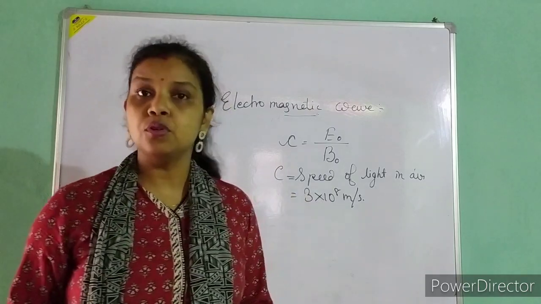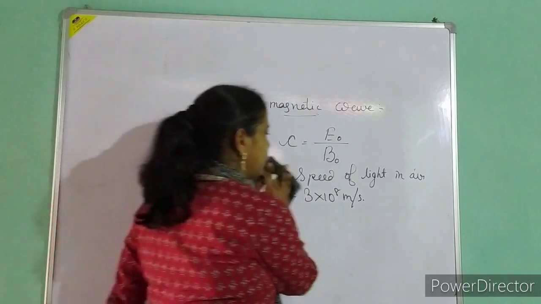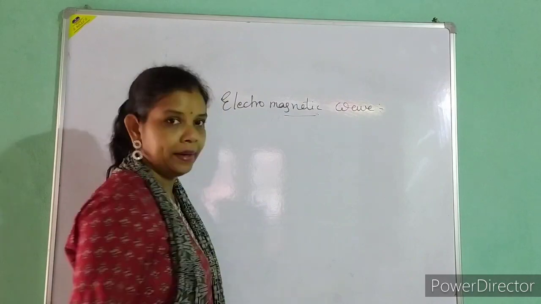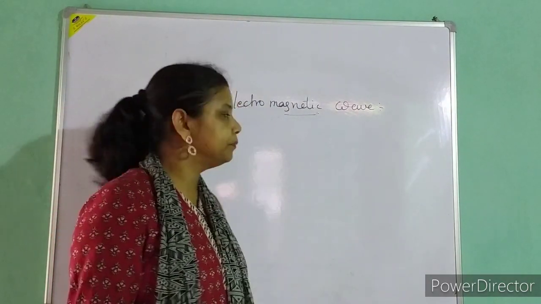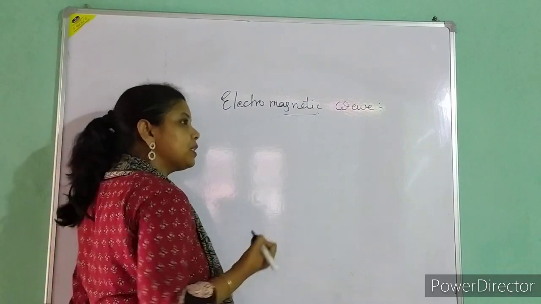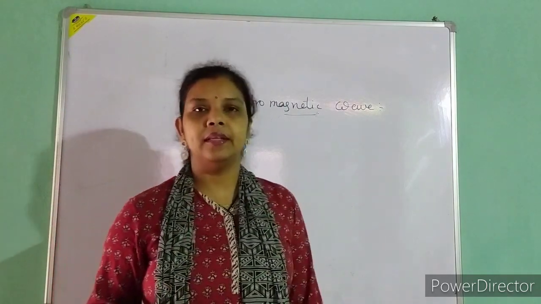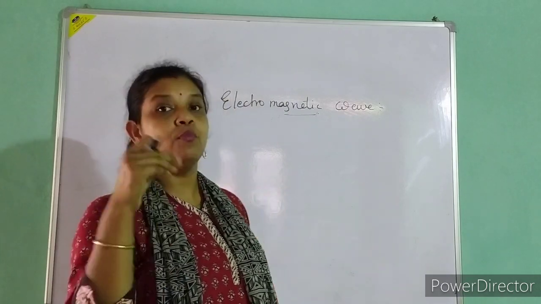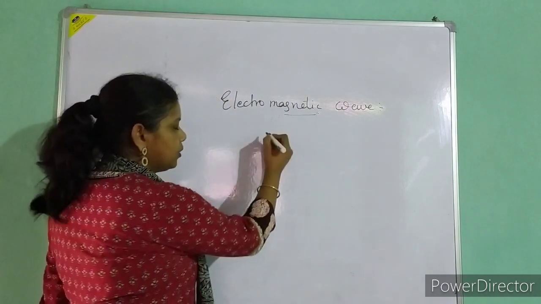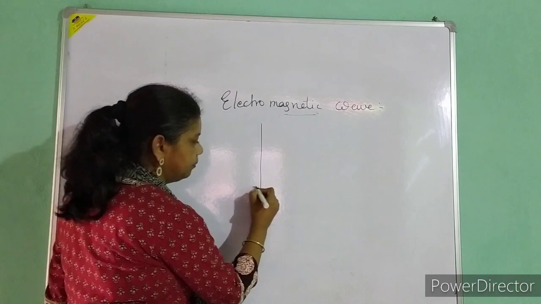Now is the time to solve some numericals. Let us do one numerical, then I will wind up. Will it be okay? Because that type of question will only come in the exam. Suppose in your question it is given that there is an oscillating electric field. Oh, before I go to that part, I must draw it. How to represent it now? Graphically.